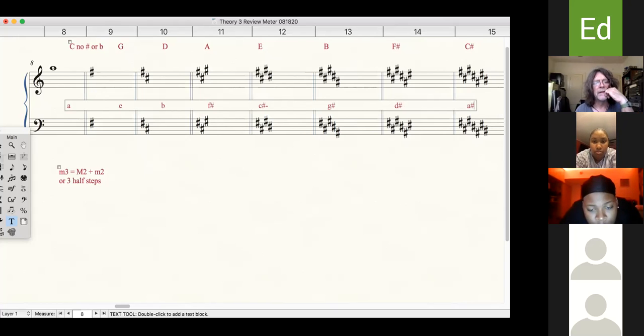All right? So what you really do is go home and say 1 sharp is G major, 2 sharps is D major, 3 sharps is A major, 4 sharps is E major, and then go back and say 1 sharp is E minor, 2 sharps is B minor, 3 sharps is F sharp minor, and 4 sharps is C sharp minor. Memorize them because you will go a lot further just because you won't have to figure them